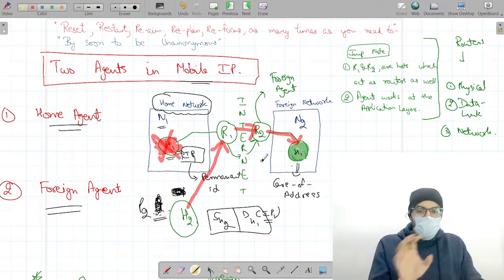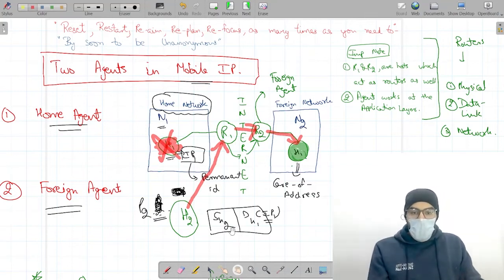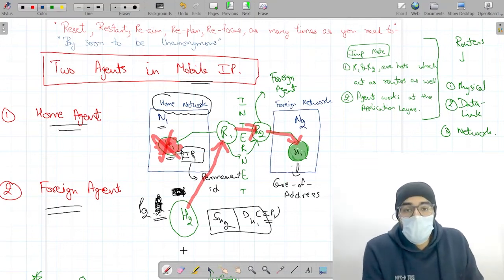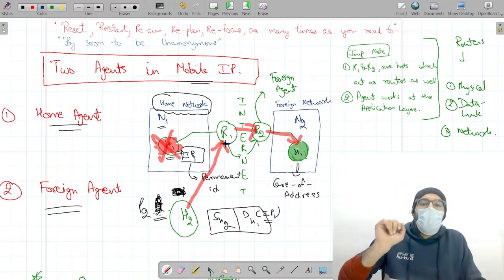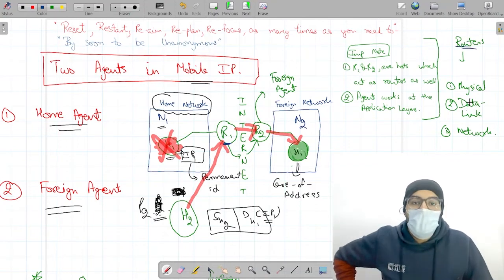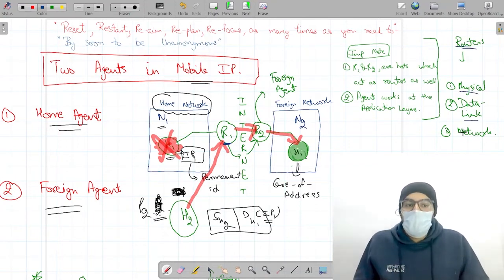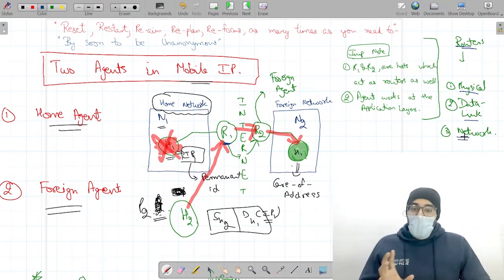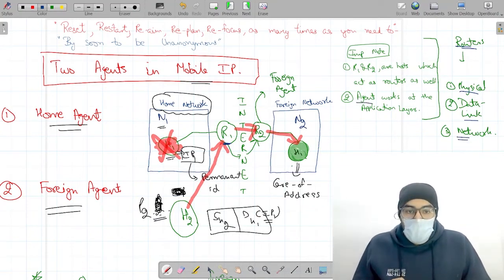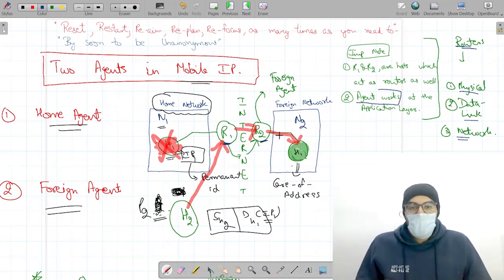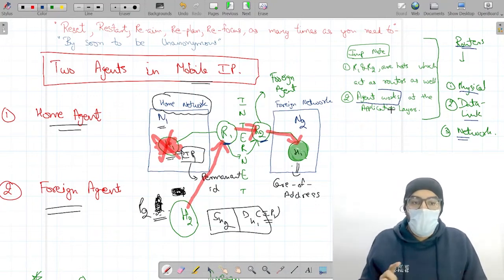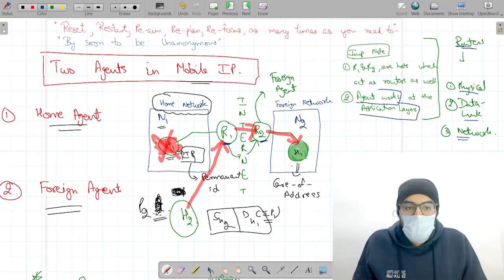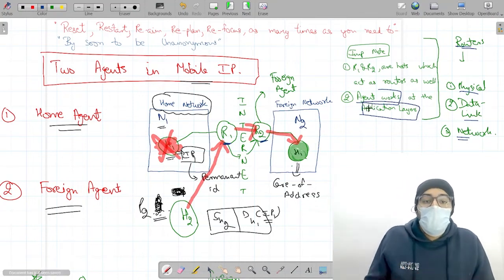Okay, this much is clear to you. Now I want to talk about little points which are sometimes missed by students. The first point is that this router R1 is not an actual router in the actual sense, because routers basically have three layers: physical layer, data link layer, and network layer. When any device is going to work as an agent in any network, that device needs to work on the application layer. And since routers only have three layers, we cannot say that